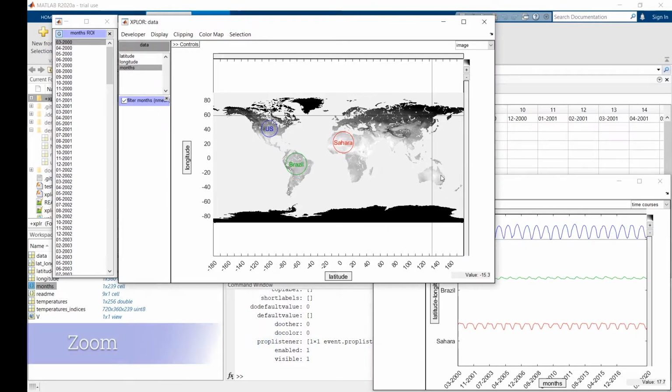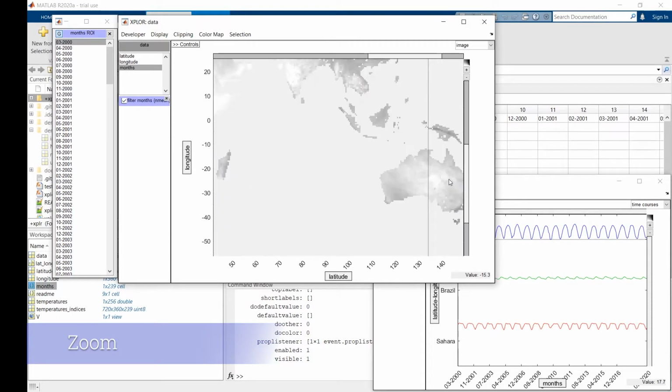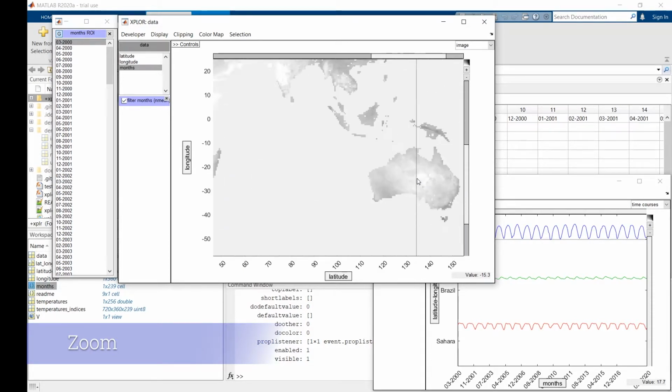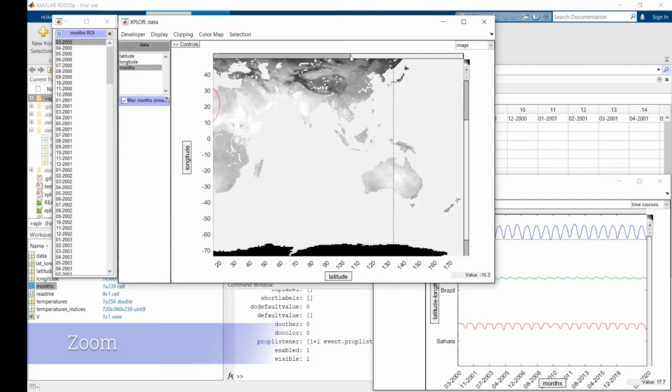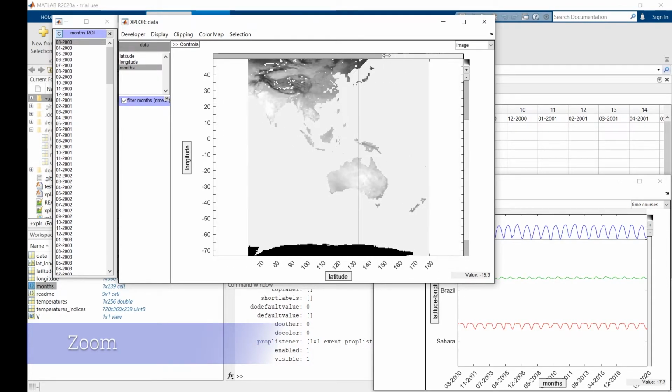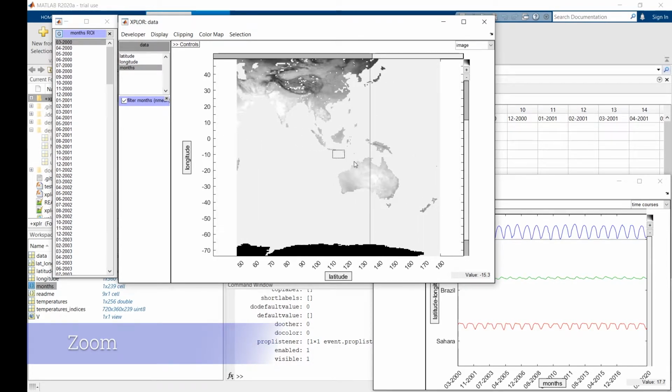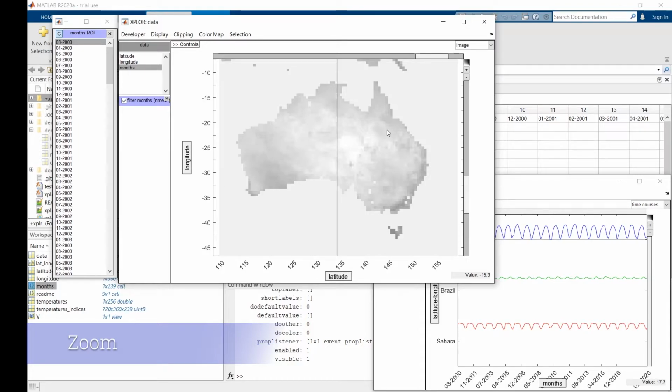Now we'll do another type of selection to select Australia, but first we will zoom on Australia. To zoom on your data, there are three ways. You can scroll with your mouse. You can use the bars on the top or right. You can change the zoom by selecting a side of a bar. And the last way is to do a left click. It will draw a rectangle if you hold the click, and Explorer will zoom inside this rectangle.